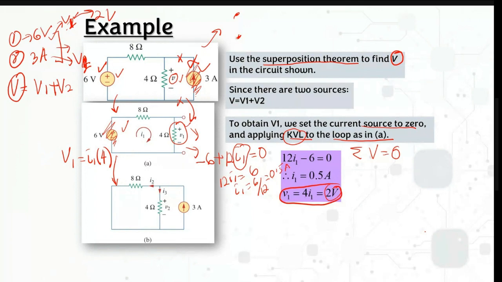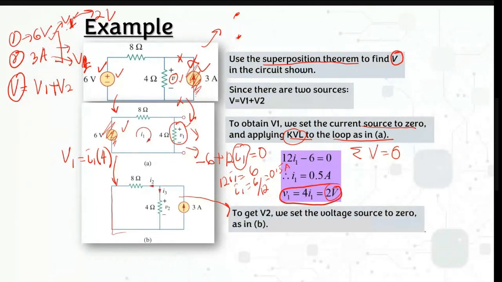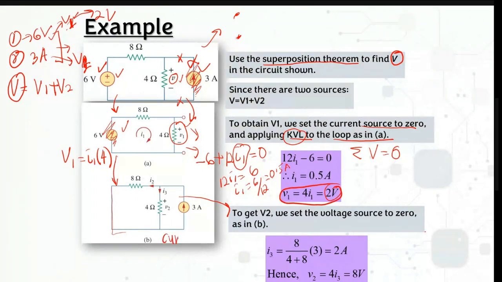When you deactivate or eliminate this voltage source, you will have a short circuit here. It means that you just put a straight wire. Then from this one, you can calculate it using the current divider. I think you remember the current divider, right? You can just use the current divider theorem, current divider analysis, where in order to find this V2, you know